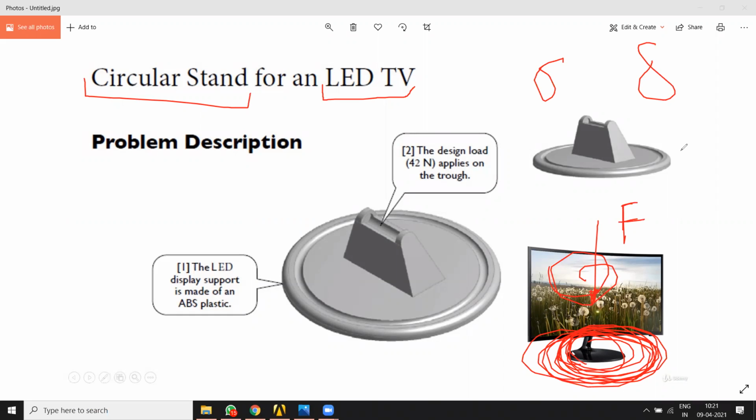Okay. We are considering this example because in its nature, it's a static analysis, because there is no time-varying load or variation in the load. When we mount the TV, after a prolonged period of time, the load is constant. There is no change. The behavior of the material is also assumed to be constant, linear. Okay. So that's why this analysis will be a static structural analysis. It is in an equilibrium condition.